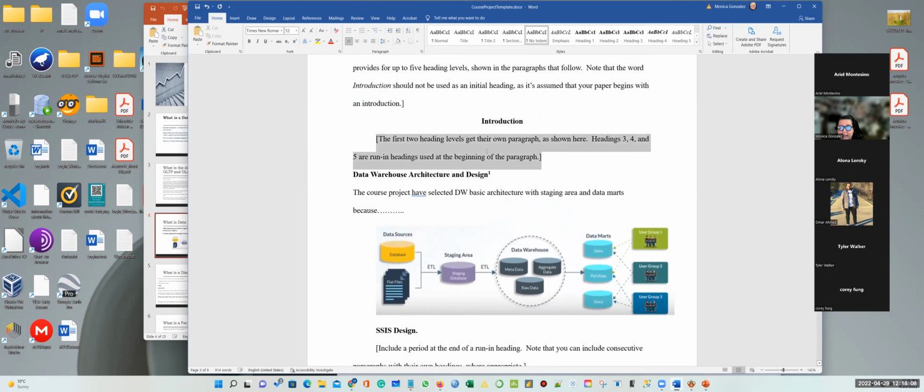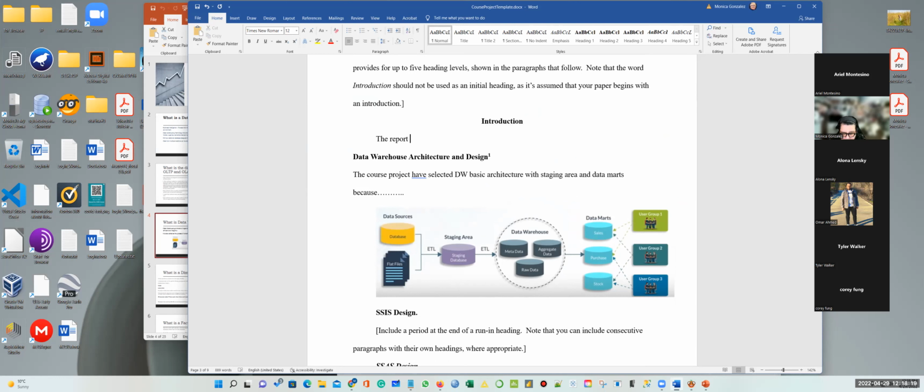The introduction will be, we're creating the project of the report to analyze data. So the report will analyze data from, and then you put where the data is from. It can be census, it can be Google, it can be the other data that I gave you. I gave you a few tech data, whatever I gave you, you're going to use, you have to put it here. So the report will analyze the data and